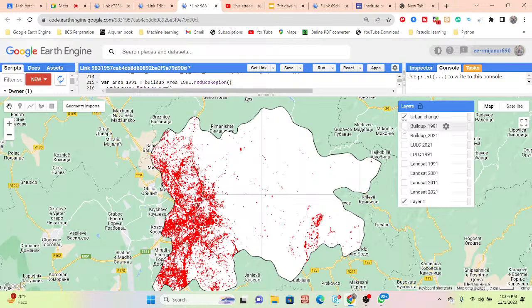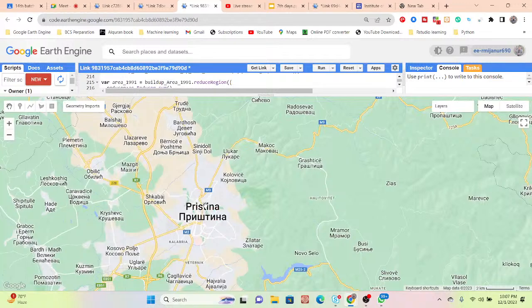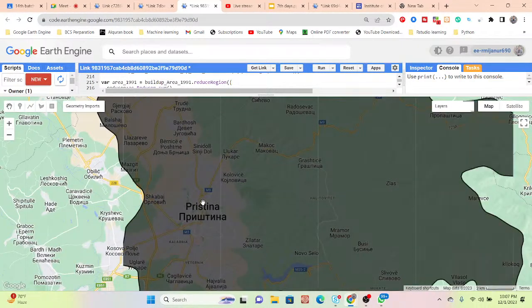So this red color identifies the changed. So mainly it is the expansion. And this white color identifies that there is no change only for the urban class. So in this time we are just talking only about the urban class, not for all of the classes, only for the urban class. So here you can see in the middle we can get the white pixel because there is no change. Okay, suppose for the before in 1991